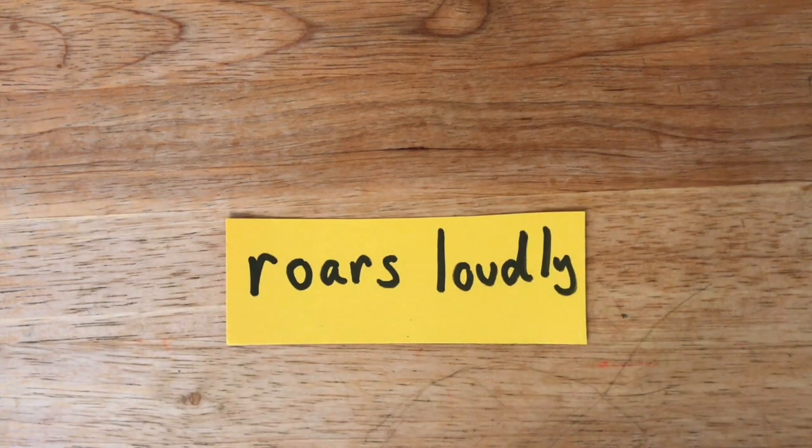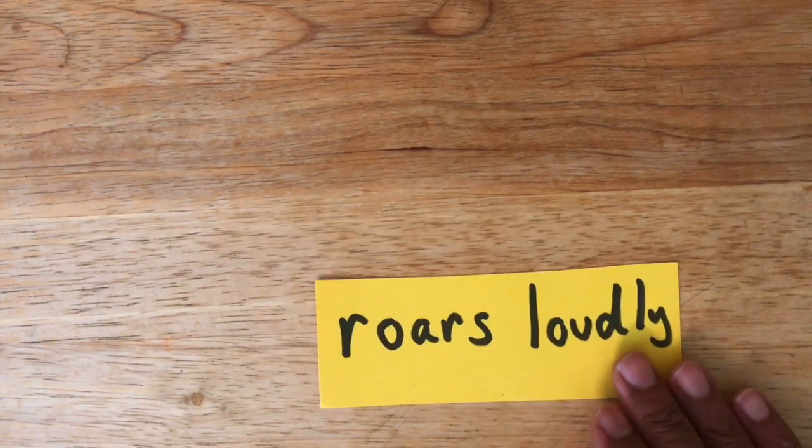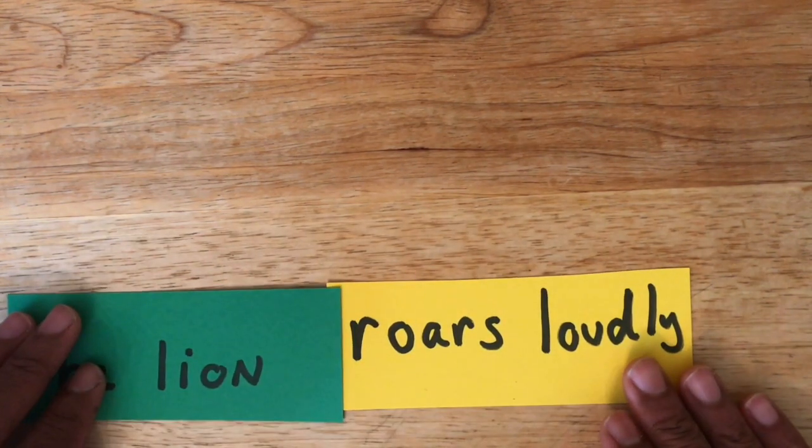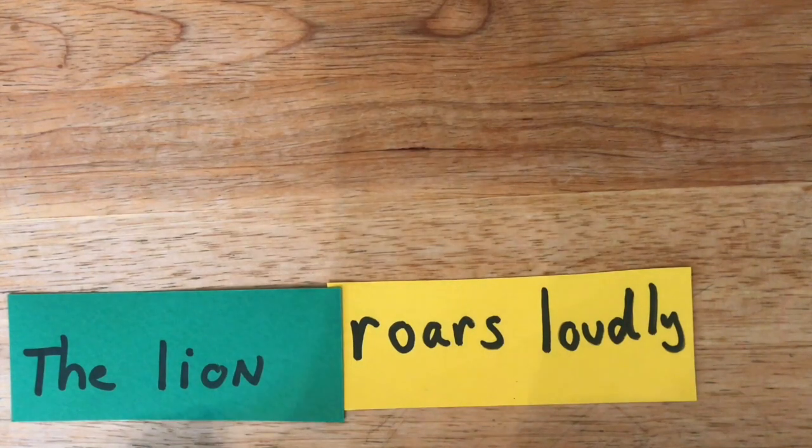Well, perhaps you can think for a second and say, how can we complete this sentence? Who or what roars loudly? Besides your brother or sister, think of an animal that you might like, a favorite animal that roars loudly. Some of you might have said dinosaurs or maybe even lions. My favorite actually is the lion. So the lion roars loudly.